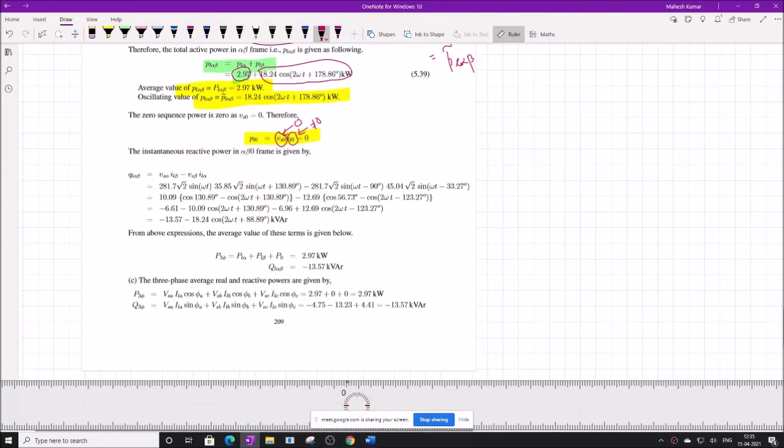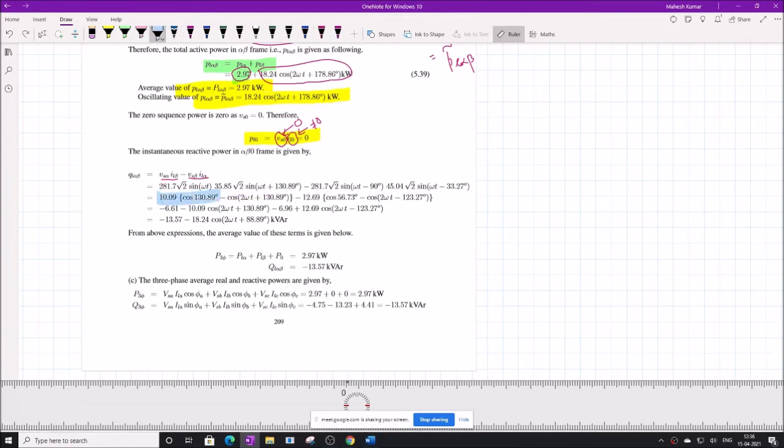We need these components when we want to implement this. So QL alpha beta is V alpha into I beta minus V beta into I alpha, by the cross product definition of voltage and current vectors. Simplify them, substitute the alpha and beta components of voltage and currents and see what we get. If we multiply these terms and correct the coefficient sign, sine into cos becomes cos(A minus B) minus cos(A plus B), and simplify them, then we will get the terms here.